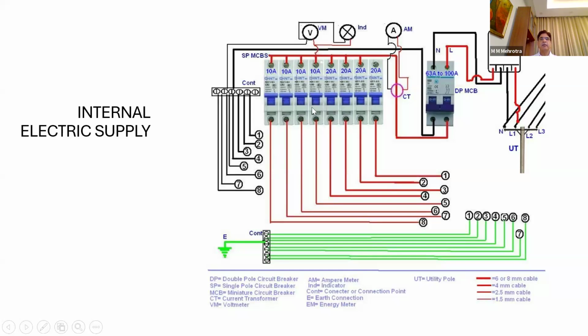Now in a distribution board, if it is an 8 circuit distribution board, you will see 24 wires. 24? 8 line, 8 neutral and 8 earth. So each circuit will have a separate earthing. The tendency of workmen on the ground is to take loops from a different earthing circuit of one room to another room. But if there is a light circuit, that earth wire also must be terminated into this distribution board.